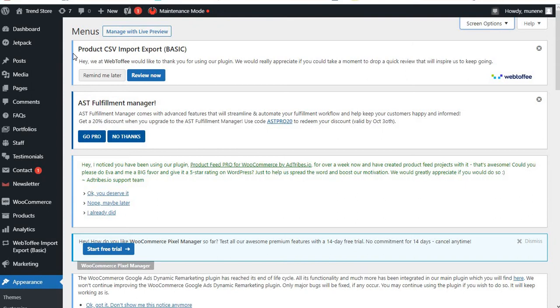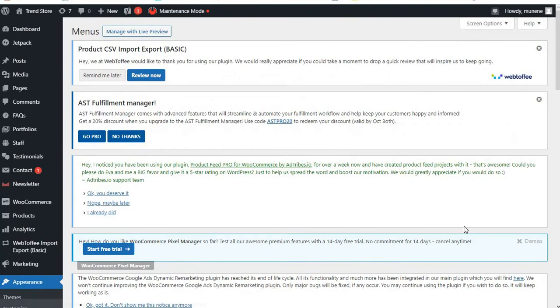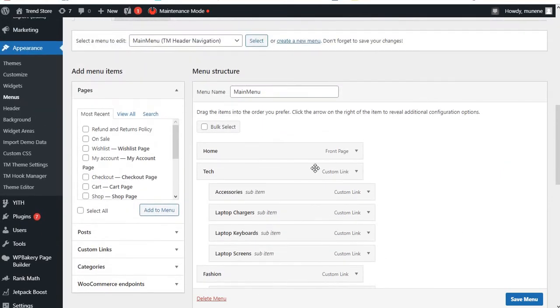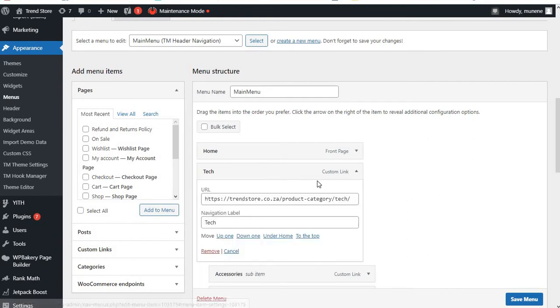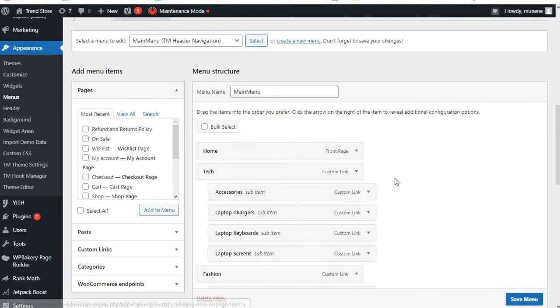Okay, first of all, you need to log into the backend of your WordPress. Then you go to Appearance, then Menu. When you are at Menu, you go to the item. Let me just open this menu item. You see, when you open it, there is nothing there. There's no option for you to make it open in a new tab. So if you want that option to be there, by default it's not